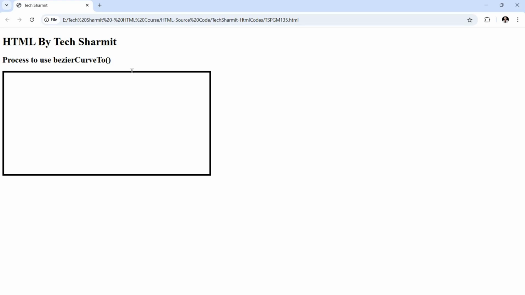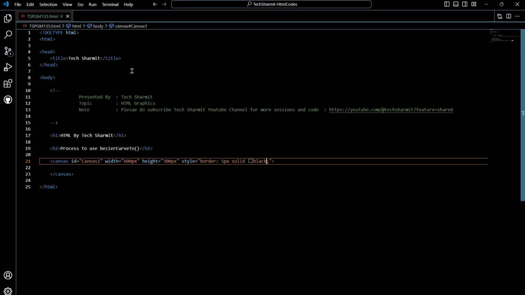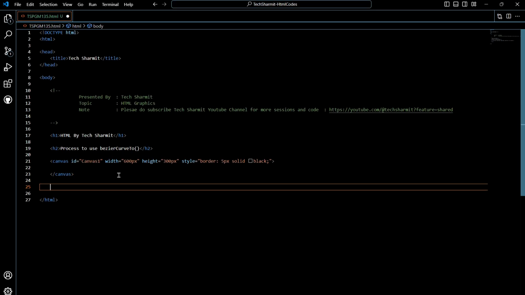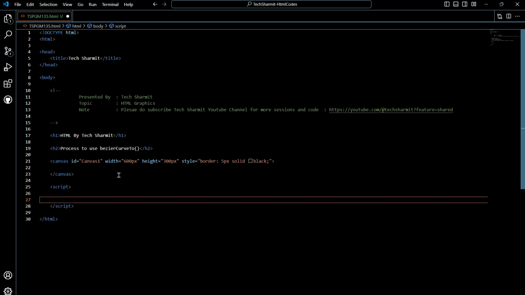So we have set the height and width. Now the canvas is ready, so it's time to draw something on it. To draw something here, what we will do is write script, because there is a need to write the script. In the script, firstly what we will mention is